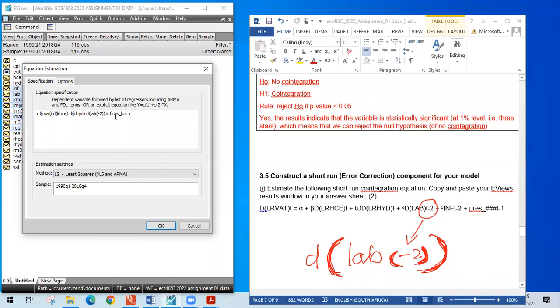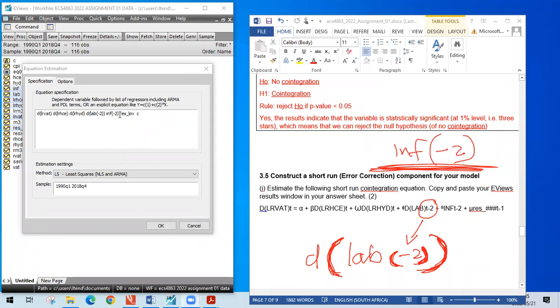What about inflation? Is inflation differenced? It's not, because there we are saying it's stationary in level. That's why it's not differenced, but it's lagged. How many times? Twice. So for inflation, there's no D for inflation, please. It's just inflation, but it's lagged twice. That's how we put it. Then we move on to the next one,